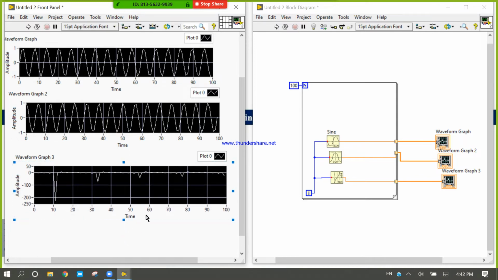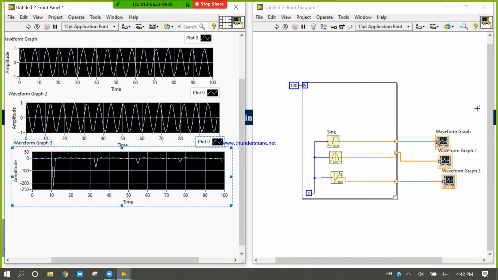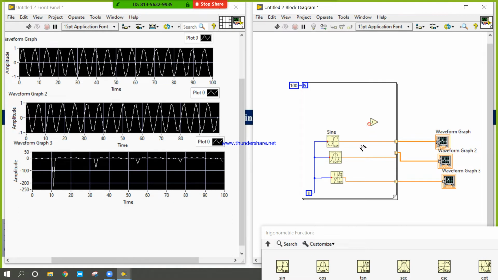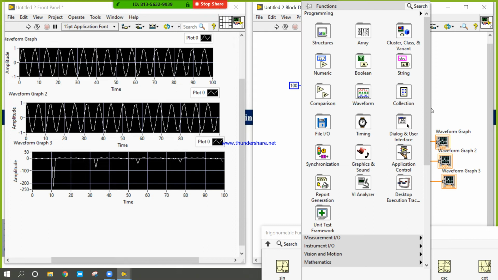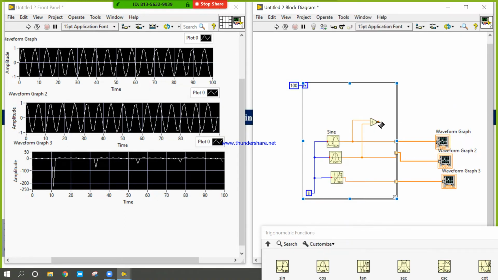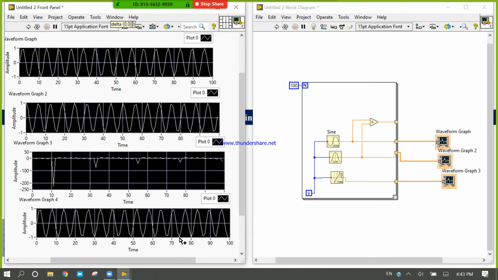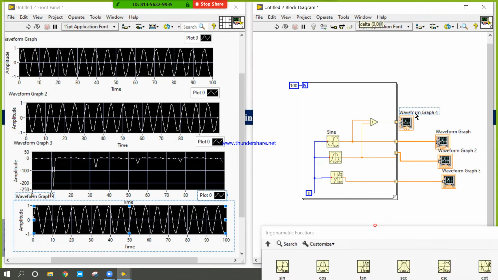We know mathematically that sine divided by cos is equal to tan. Let's check. Oops. Now this will tell true or false.